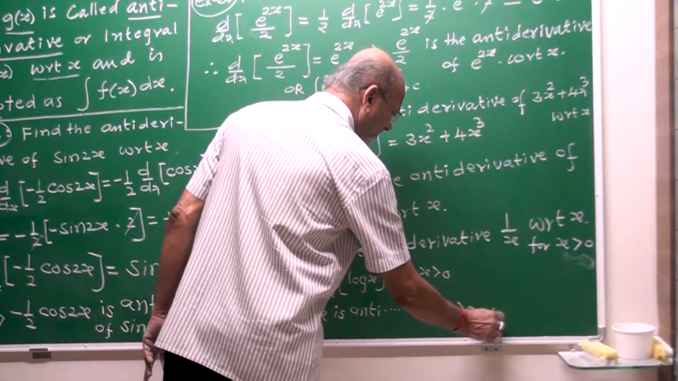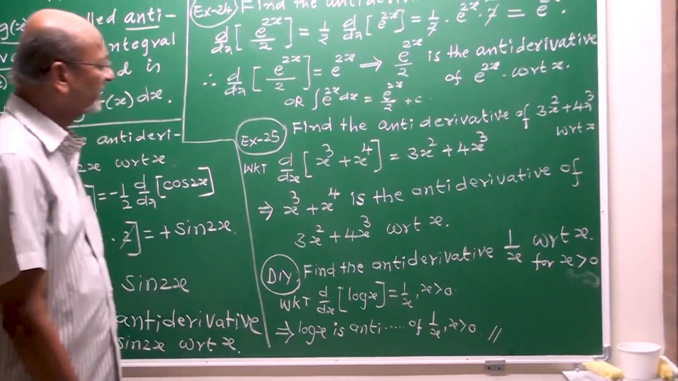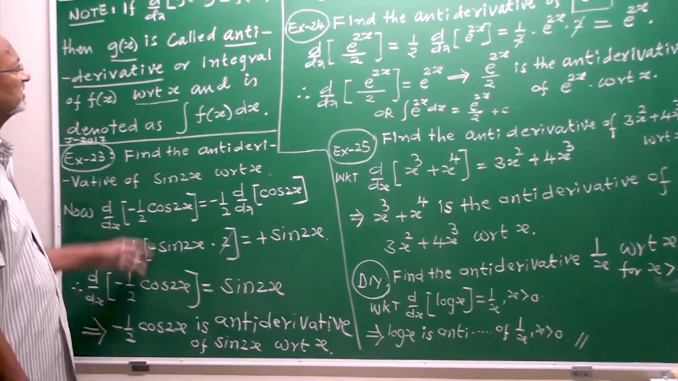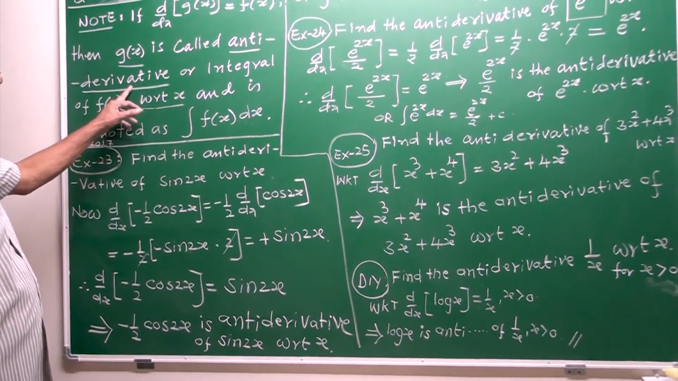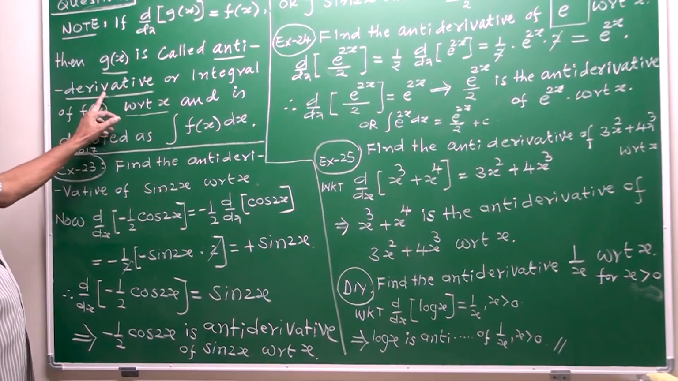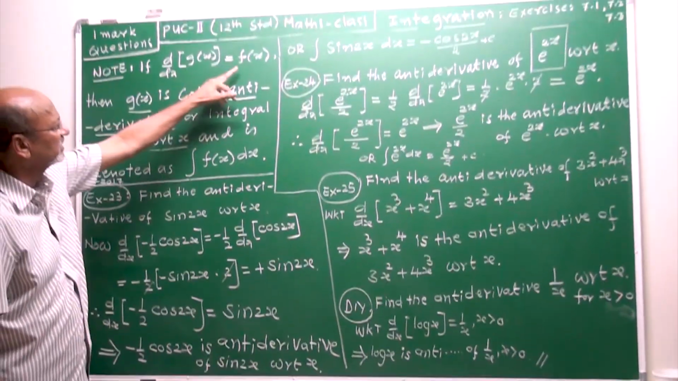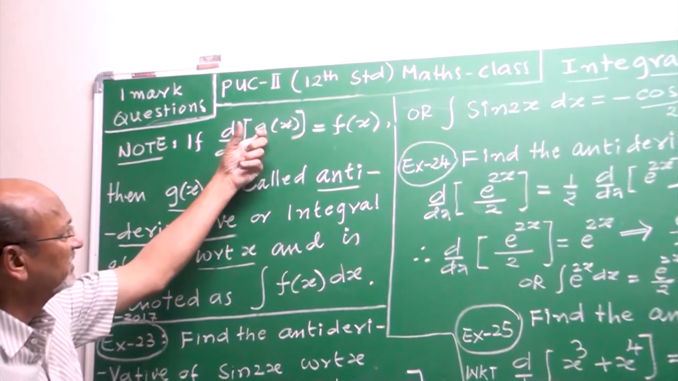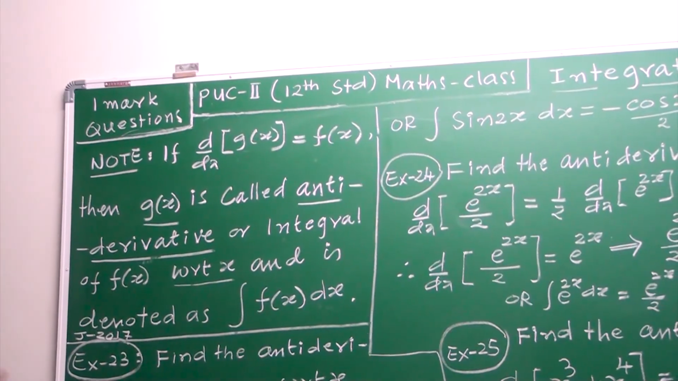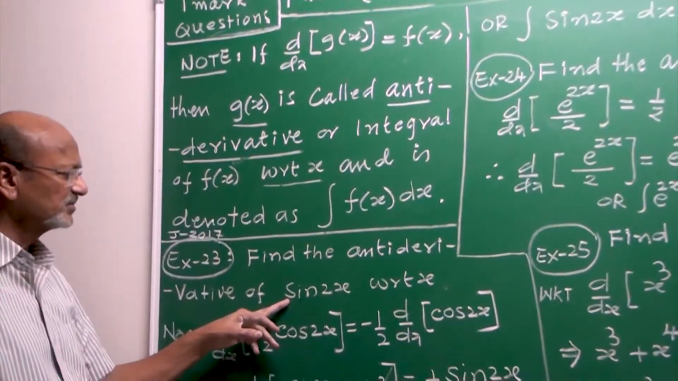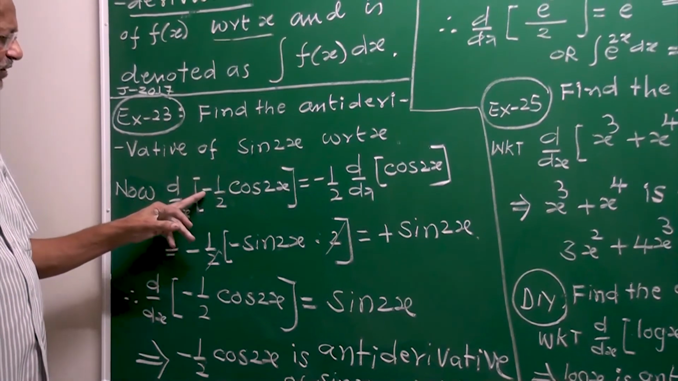These are some 3 or 4 examples, my friends, on antiderivative of the function. See, the definition: the bracket is the antiderivative of f of x. So while doing the example, remember, you want to write its antiderivative. You have to start with